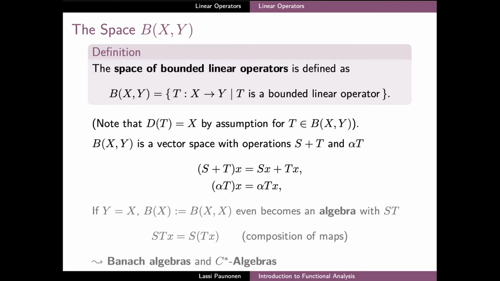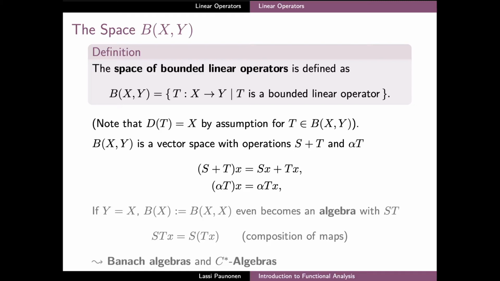Using these definitions, it's quite straightforward to check that both S plus T and alpha times T are again bounded linear operators, and that all the axioms of the vector space are satisfied. In particular, in the vector space, the zero element of the space is the operator which maps every element x to the zero element of the space Y. This linear vector space structure is really useful for us in studying linear operators,